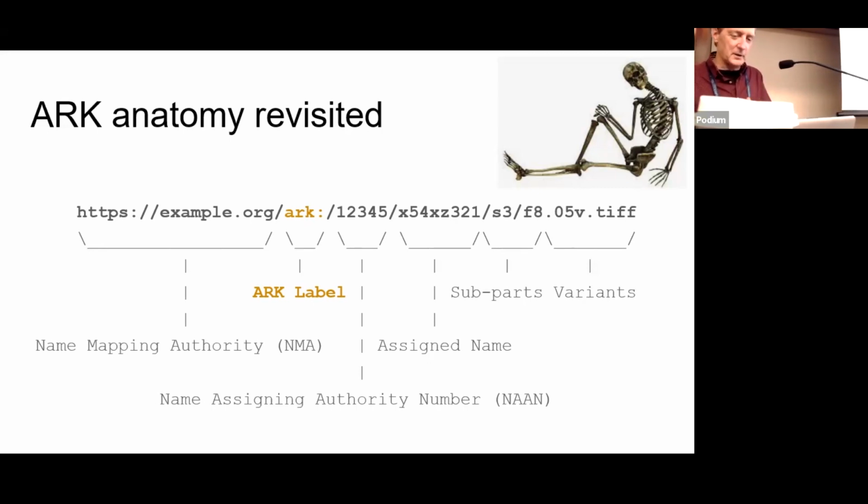ARK anatomy revisited, a few more details. For example, the ARK reserves special characters. I mentioned the hyphen, which is identity inert, and then there's the slash and the period. And they have reserved meanings in the suffixes at the end of the ARK. They help the recipient make inferences about one resource being contained in another, or one resource being a variant of another. So this formalizes and matches what we already think of in the web world, right? We're familiar with folders, directory hierarchies. Well, this says that hierarchy is real, and there's a containment relationship you can infer.